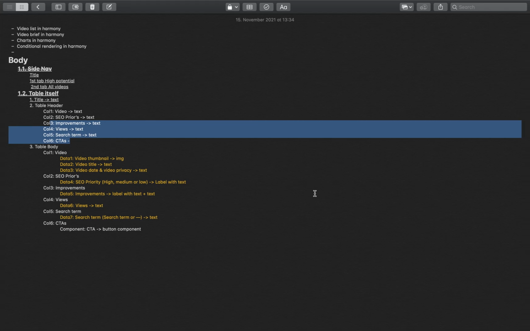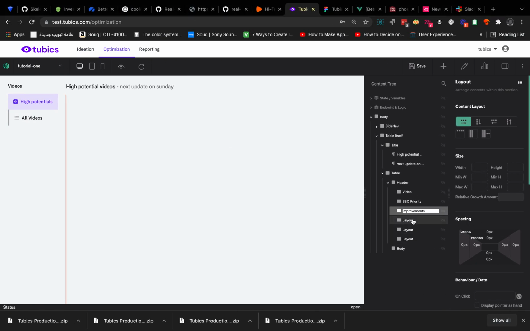Improvements. Views. Search term and CTA. And because we say the table header and the table body should have the same number of columns,